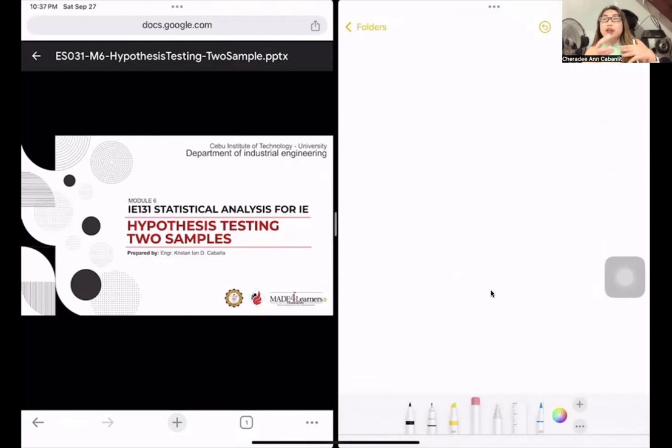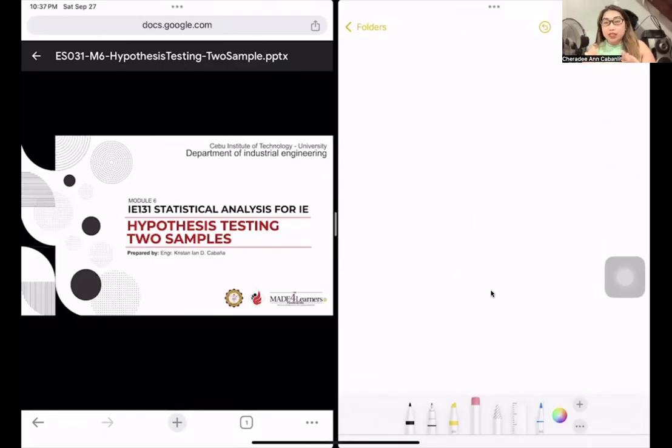When you remember the one sample, it's actually just the general population value while the other one is your sample value, in either mean, proportion, or variance. Basically, we are trying to understand if our current sample is different or not different, better or not better than the status quo, which is the population value. That's for the one sample. For the two sample, we are already comparing two types of data.